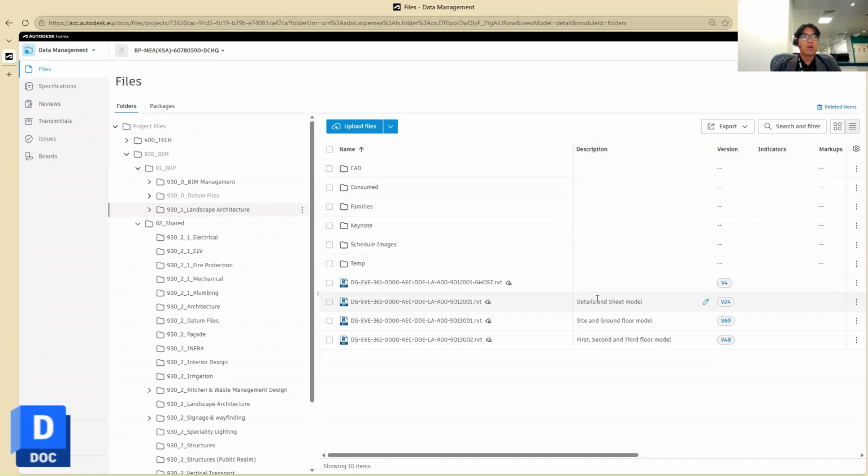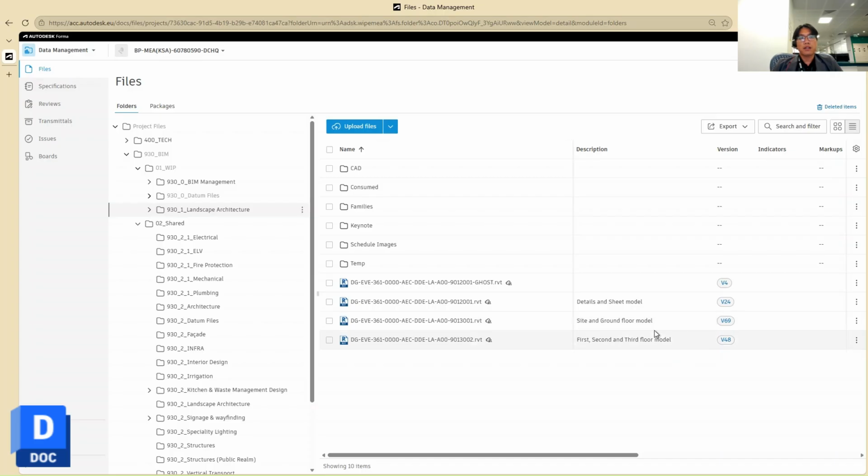For example, in this project, don't be bothered that this file is different in this project and has a different meaning, so it doesn't really have the name here, but I think I will correct the name later. But the major files we have here, the three files in here, where we have the six files, and the second file is about the model for the level of site ground floor. The third model is about a couple of levels like first, second, and third floor